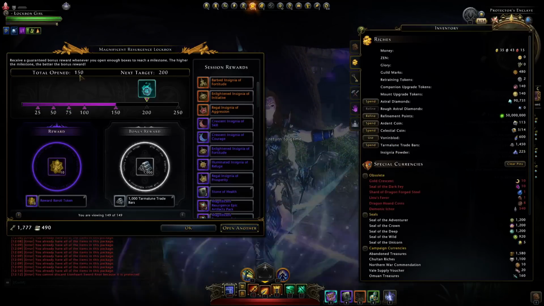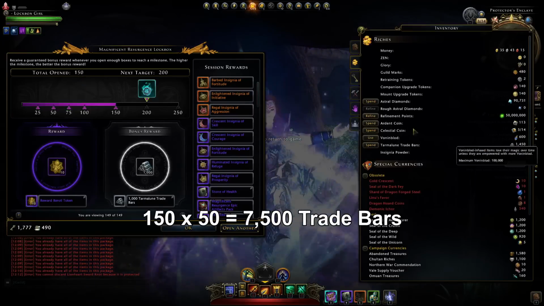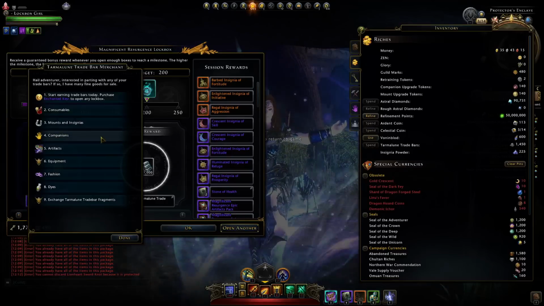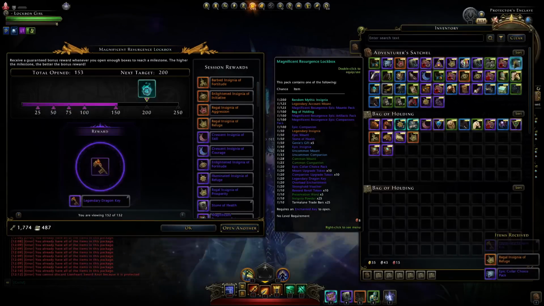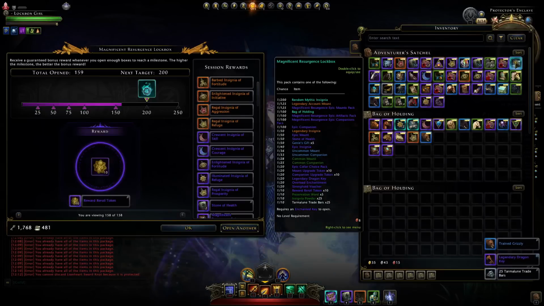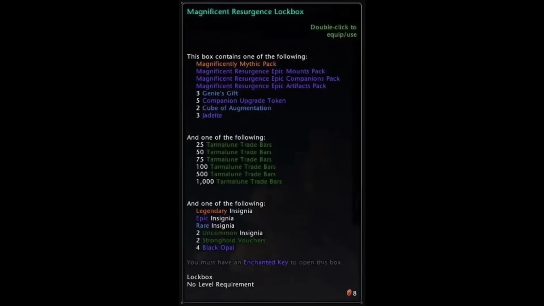After opening 150, we should expect to have 7,500 trade bars, not just 1,400. Again, trade bars are so valuable for companion and mount upgrade tokens. But let's get finally to the 250. But you can see, opening this many boxes, we still did not obtain one of those top tier rewards of